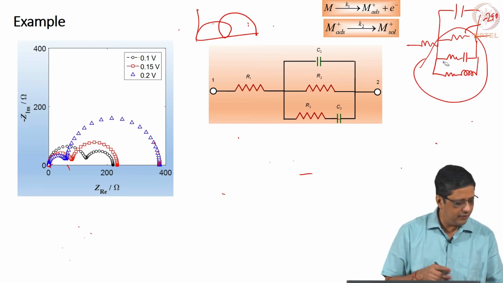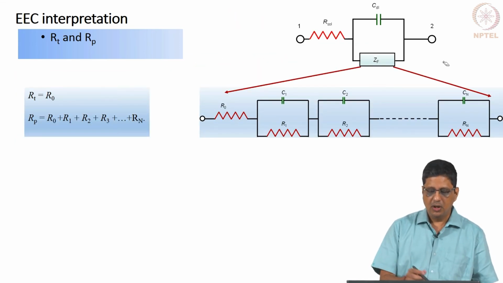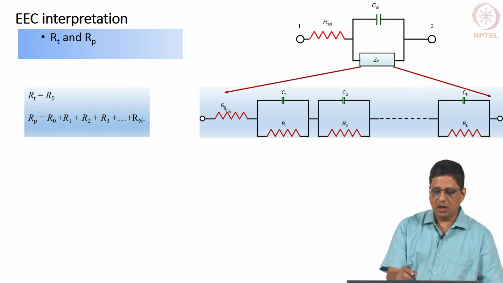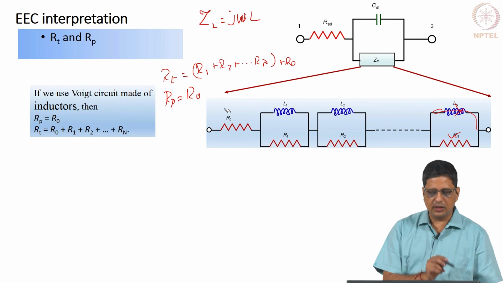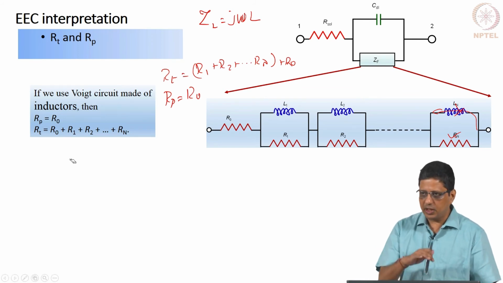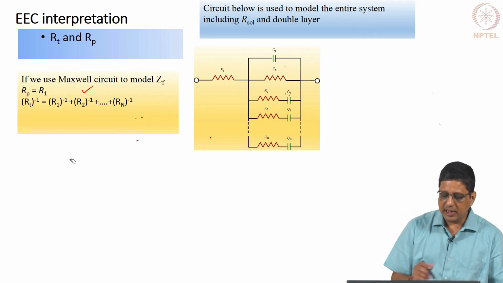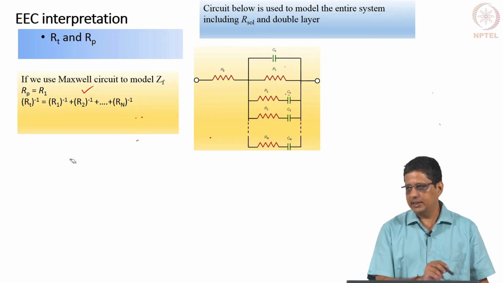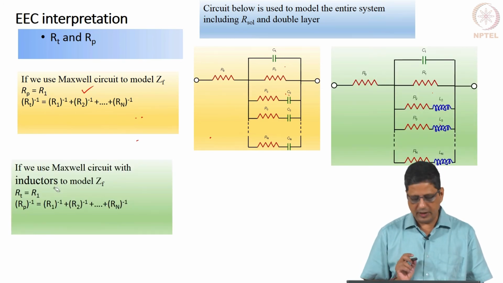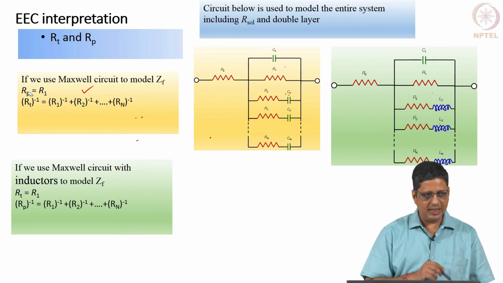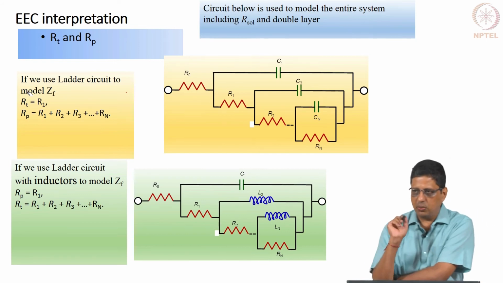In previous cases where we looked at the examples, starting here, one of them has a simple equation, that is R0 is RT. I use a slightly different representation, R0 is Rp. Another one is where the inverse of this resistance is the sum of the inverses of all these things, etc. With a Maxwell circuit with capacitor, one resistance can be identified quickly. With inductor, another resistance can be identified quickly. This is RT, previously Rp, can be identified. With a ladder, again I can identify Rp or RT quickly.